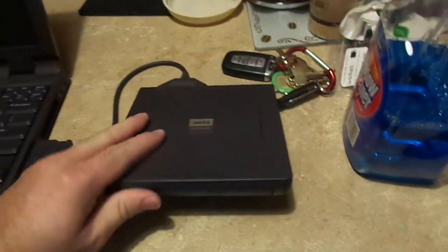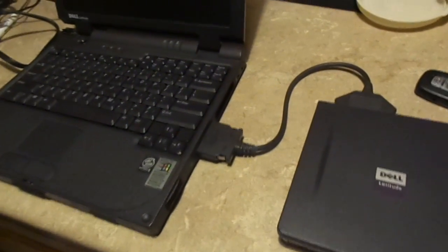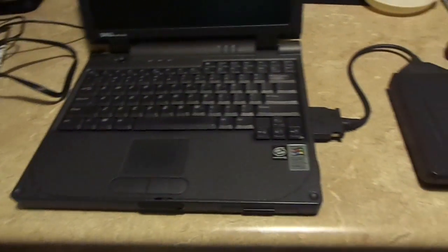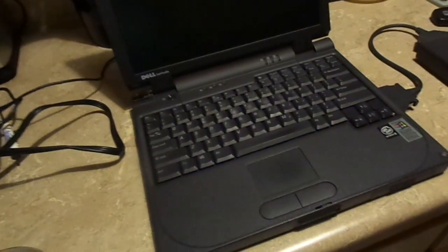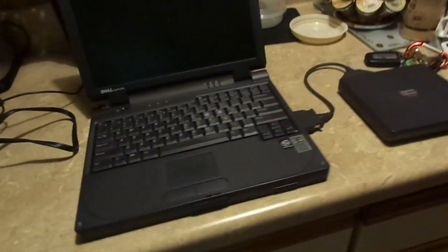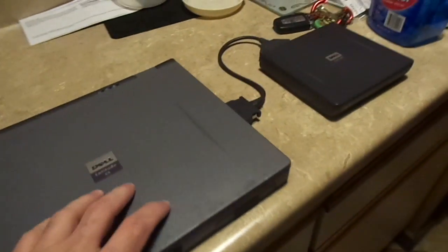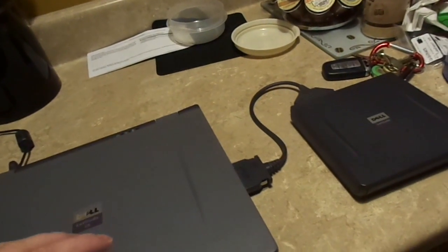Alright, so I've got my external drive hooked up. Now, quick note, why would they make the drive external? As I mentioned earlier, they really were looking for weight and size savings in this laptop. And it looks like they were prioritizing durability as well as portability. Many laptops of this time period with integrated optical drives were almost twice as thick as this one. Except for... No, most of them were. They were about twice as thick. Because the optical drives themselves...